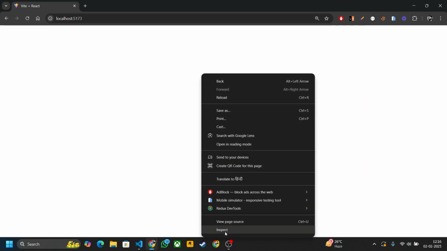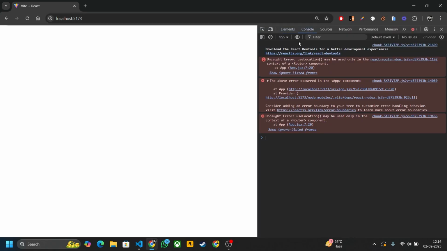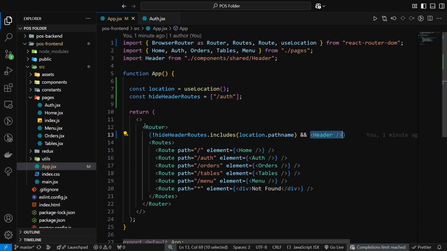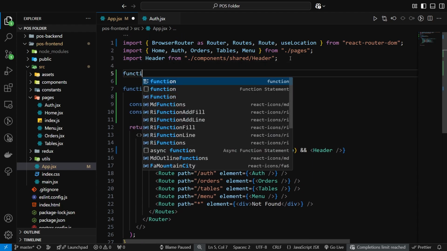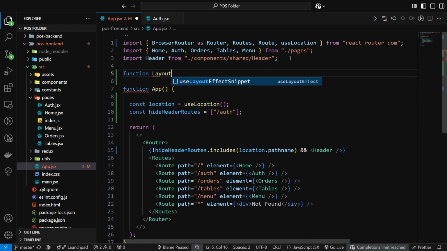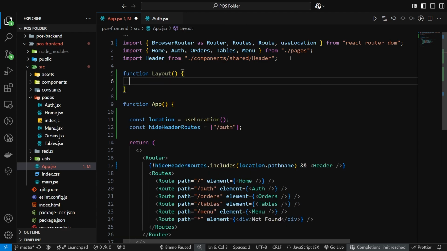Now let's move to another route like the home route. Okay, I think we got an error here. Just inspect it. Okay, useLocation may be used only in the context of a router. Okay, so we have to remove this router from here. Just remove it. Okay, so we have to change our app.jsx layout a little bit. So first of all, create a function here and name it Layout. Okay, and inside this function just